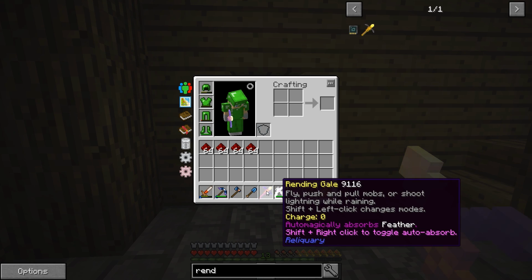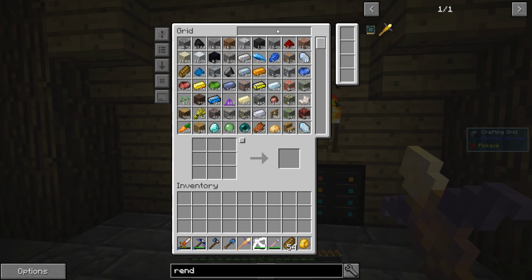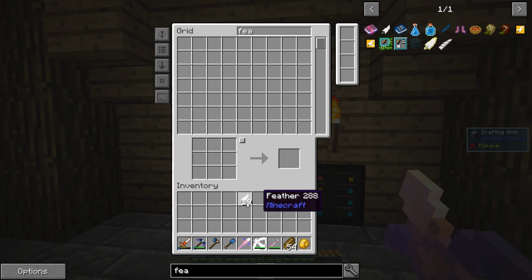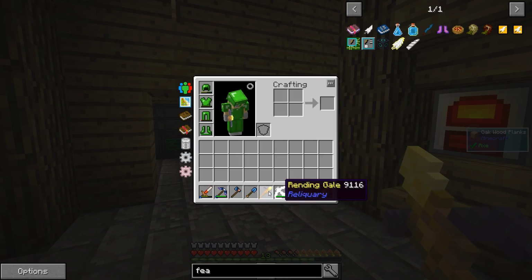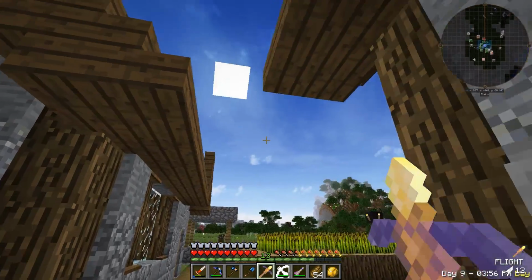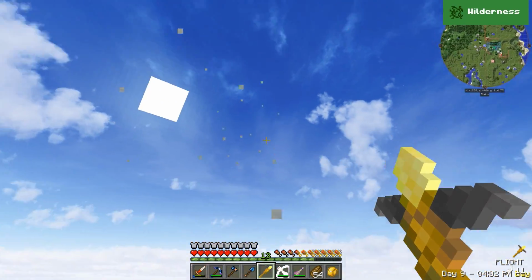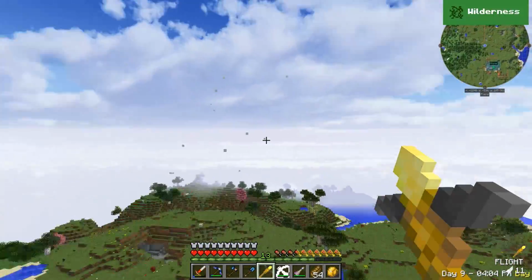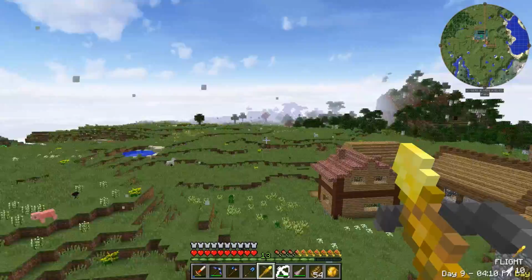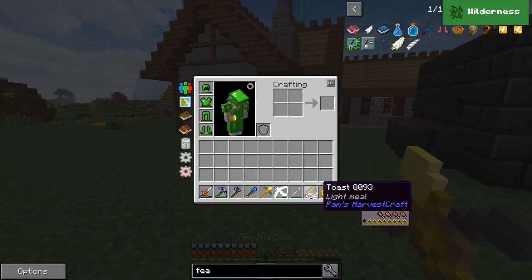Shift plus right click to total automatically absorbs feathers. Oh. So it has 12 feathers in it now. This is not going to be nearly as good as I had thought. Although the feathers, it does seem to last. I mean, you get a decent amount. You get a decent amount of flight with it